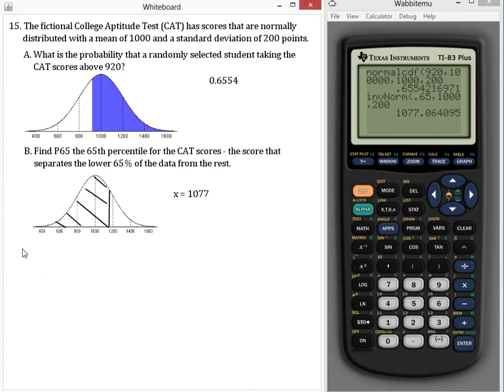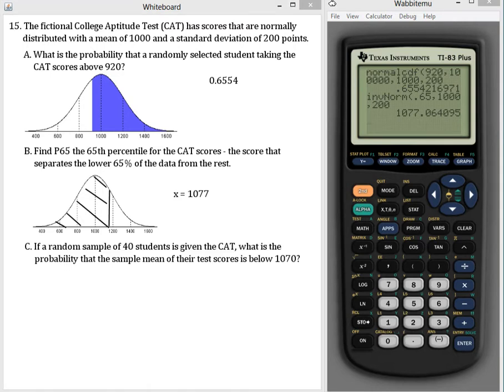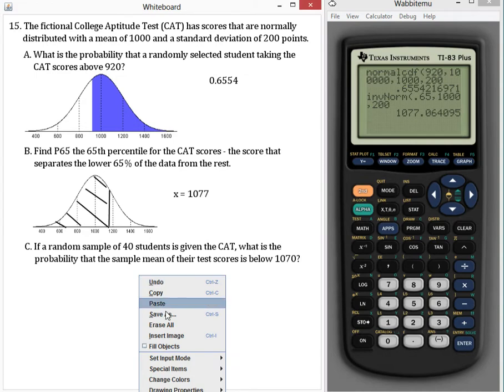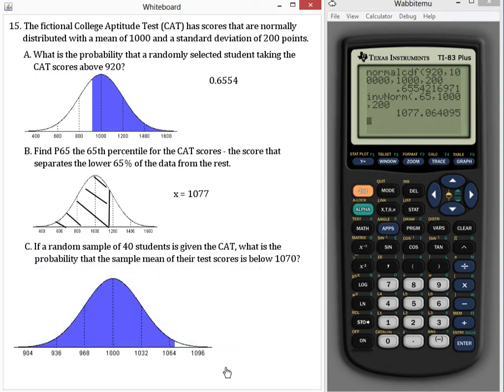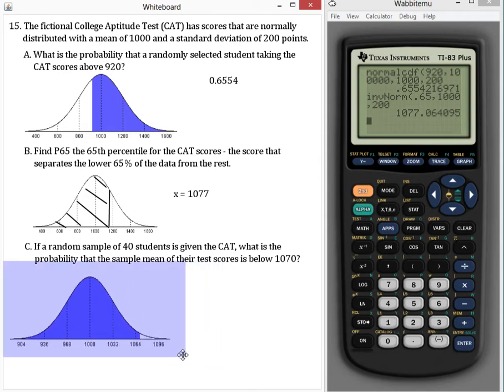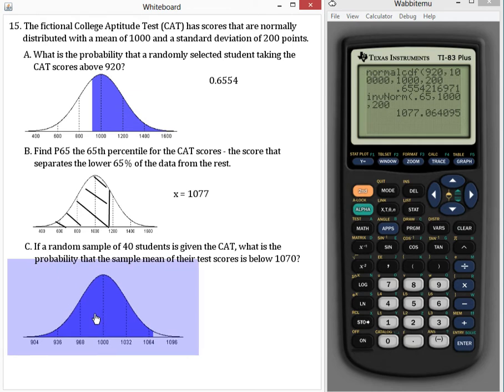Part C, if a random sample of 40 students is given the CAT, what's the probability that the sample mean of their test scores is below 1,070? Well, again, a good picture really helps out a lot in these. So let's draw a nice distribution. Okay, now, a couple of things that are different here. Number one,